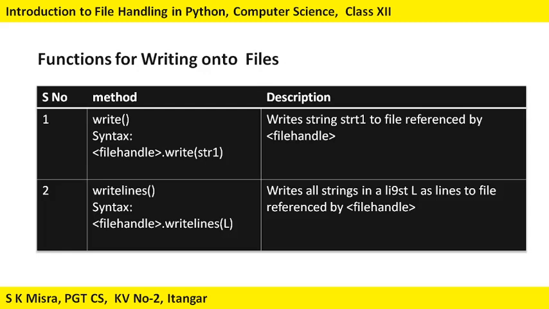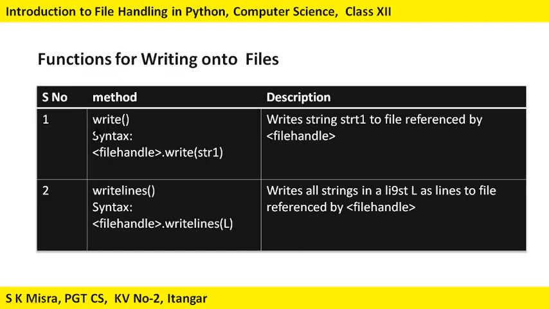Now let us see which functions are available in Python. Some predefined functions which are available in Python for our writing purpose. So there are two basic functions available. First is write, second is writelines. If you remember, in reading also there are three functions available: read, readline and readlines. Now all these are predefined functions. Python provides these functions to the programmer so that we can do our task much easier. So the two functions available for writing are write and writelines.